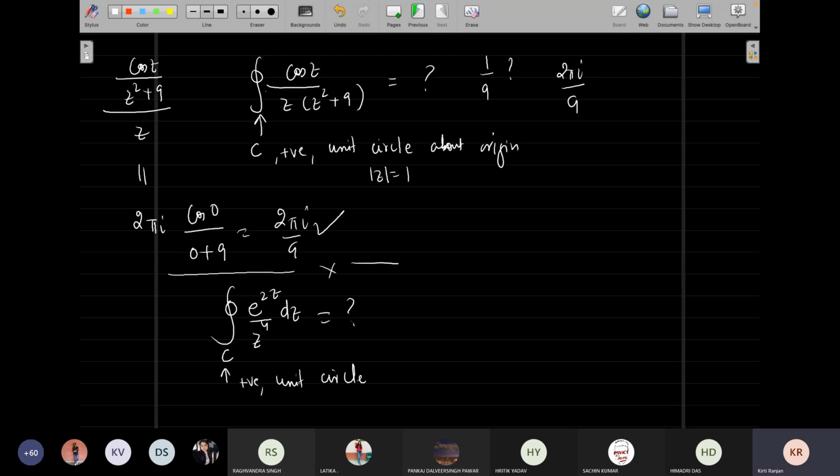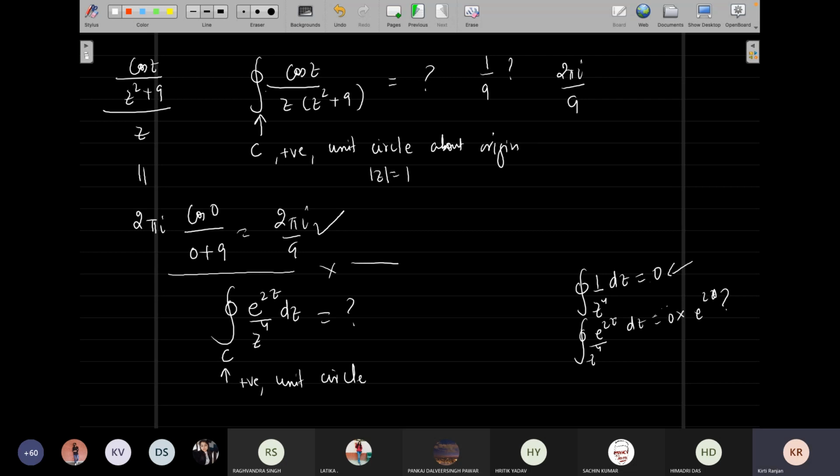But the denominator is not z, n is not equal to 1, right? So you are trying to put the formula as 2 pi i, and instead you put 0 and then f of z naught. I mean, what my understanding is of what you have done is this: 1 over z to the 4 dz, you know, that is 0. And if I give you any function which is analytic everywhere, including 0, and I multiply that function by e to the 2z, or 2 into 0, something like this. Is it? No, sir, I thought e to the 2z is analytic anyway, and z everywhere. 1 by z, yes, and 1 by z power 4 dz would give us 0.